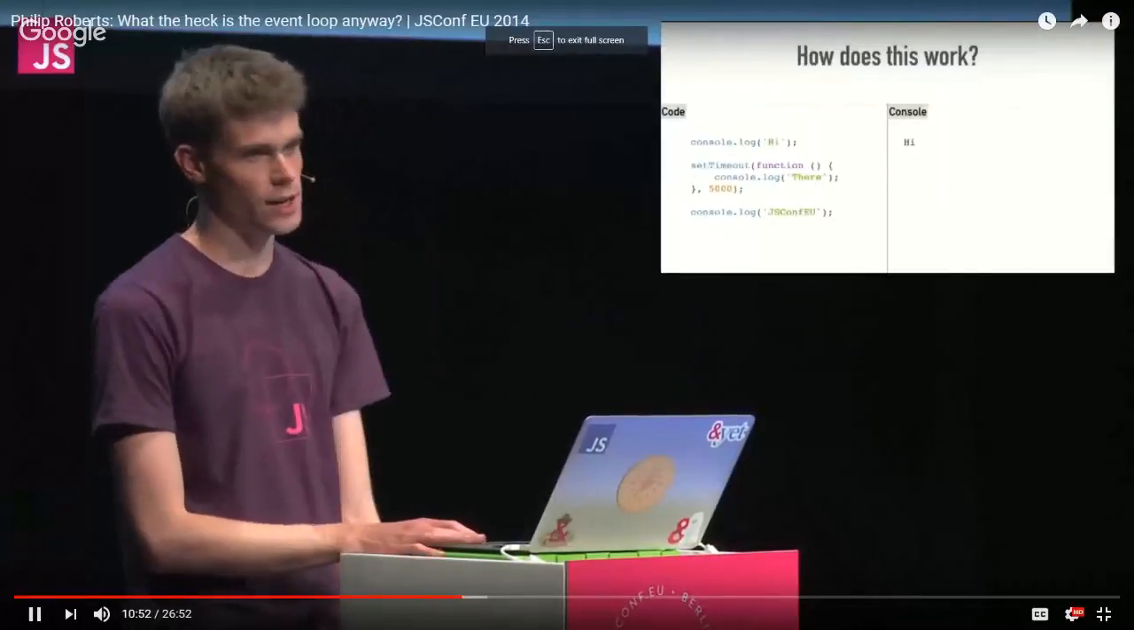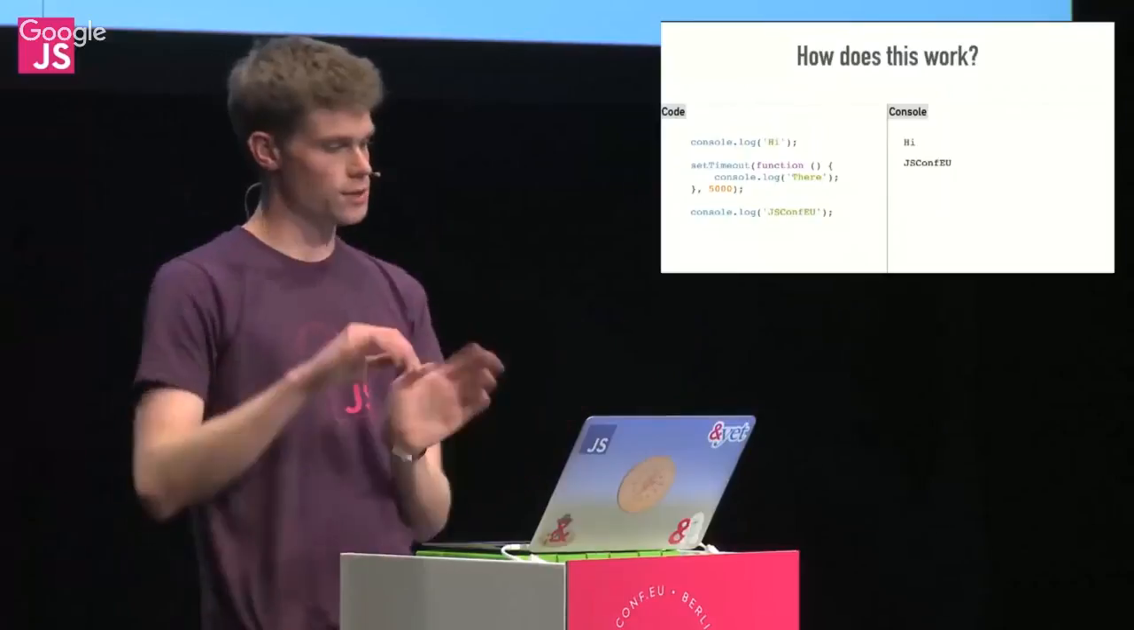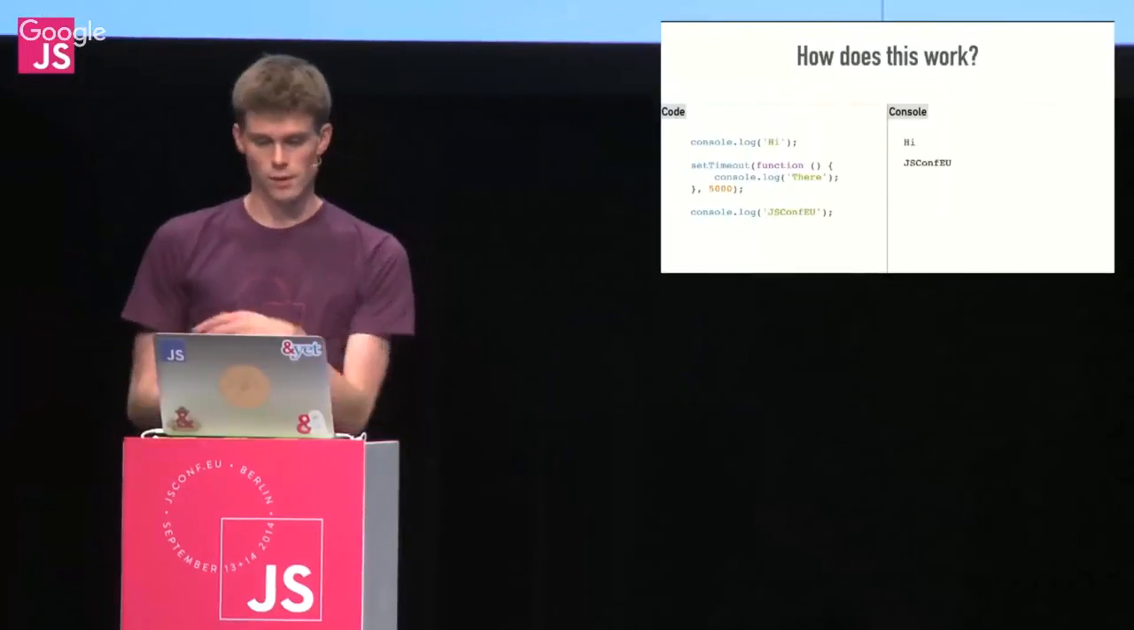This console.log high. That cues the console.log for the future somehow. So then we skip straight